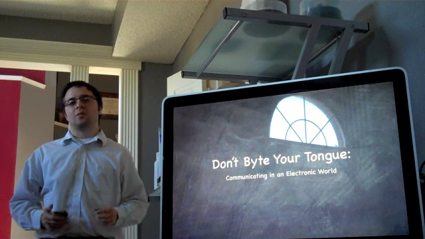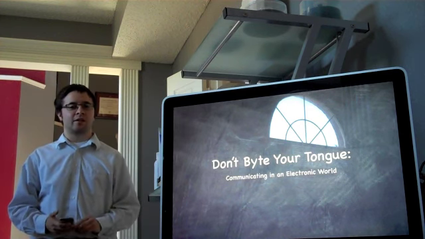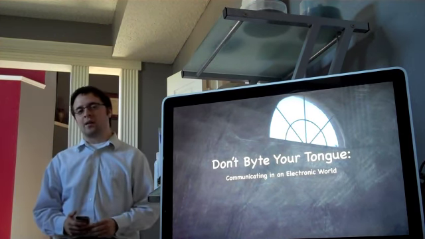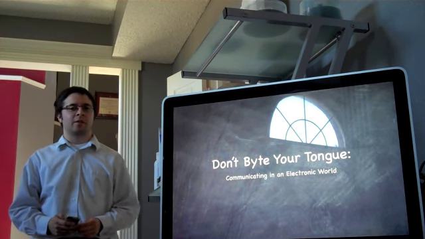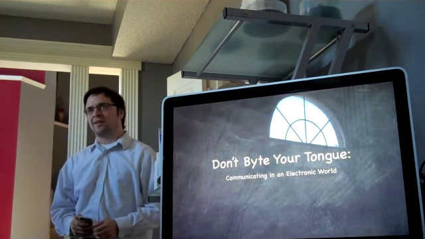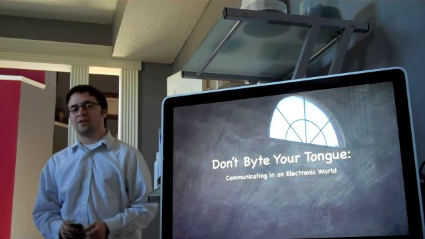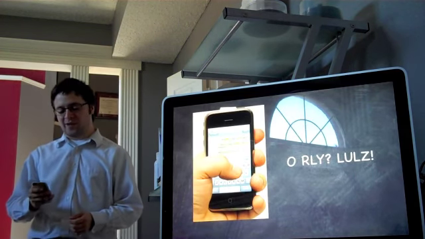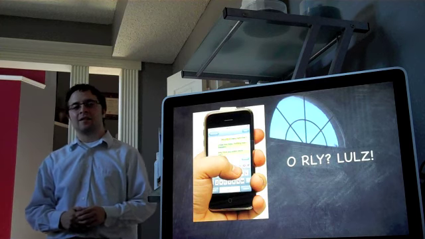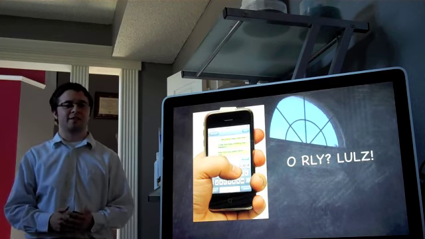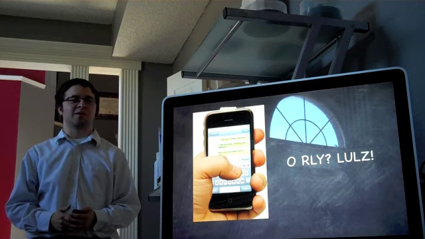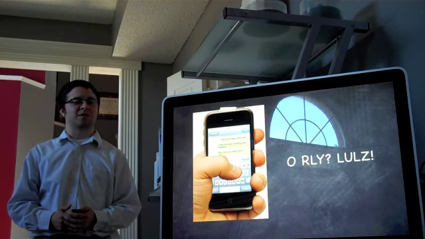It's pretty clear that the world is moving quickly, technologically, and a big part of that is how we communicate. We're probably all familiar with a newer form of communication, the text message. We have an example of it here. On the left you can see an iPhone engaging in text messaging, and on the right the typical slang used in those text messages.